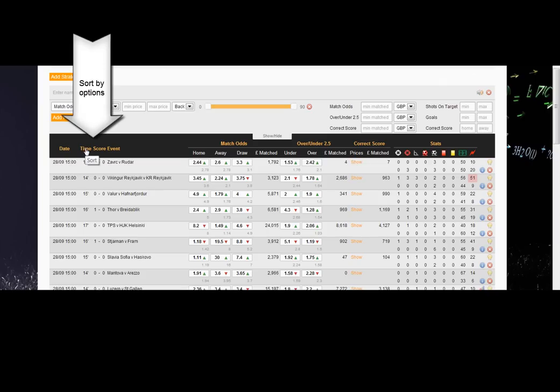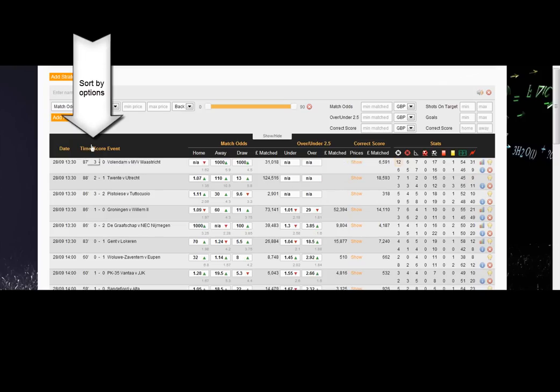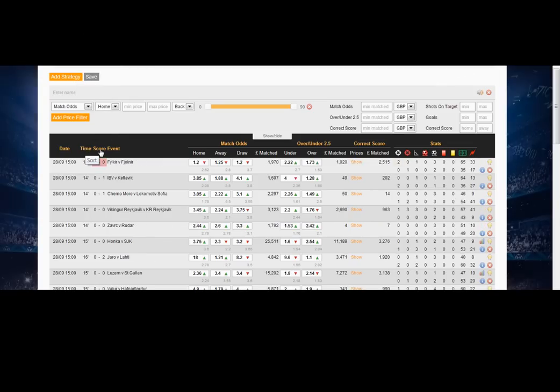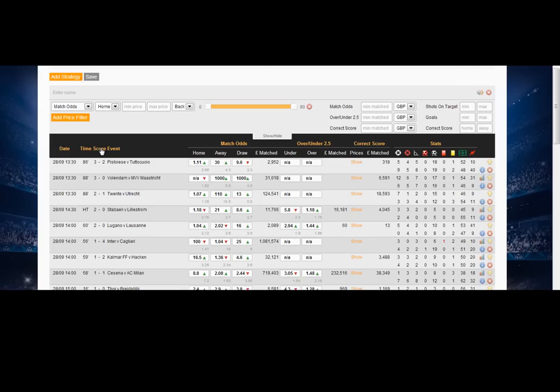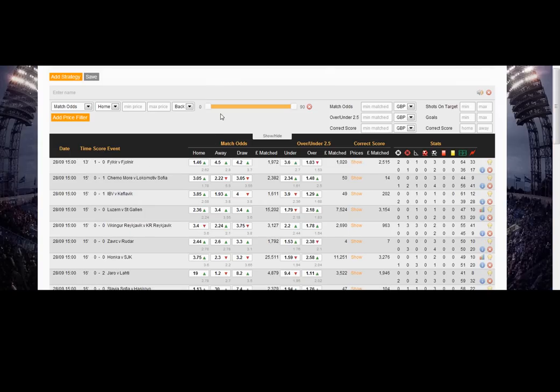As you can see, these can be sorted. There's a sort by option, so if you want to see the time of the older the games are, or you can have it at the start. It's defaulted at the start, so you see all of the early games at the top all the way down. You can sort the score out as well. Some of you might want to have the nil-nils at the top, some of you might want to have the bigger scores at the top. Matched amounts as well, they can also be sorted